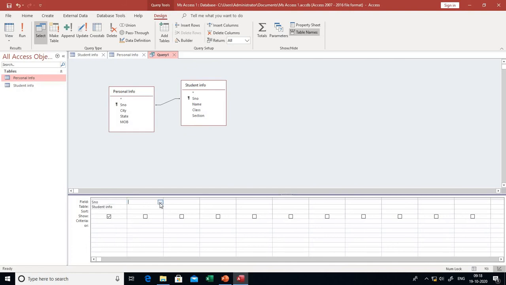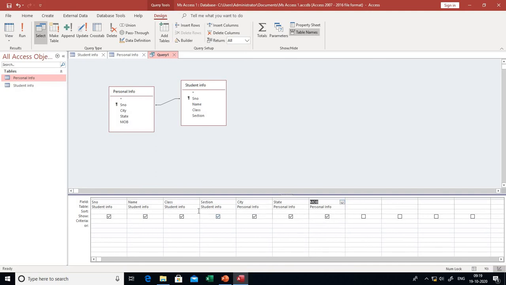After that, you click on the second column, name from the first table, class from the first table, and section from the first table. Actually, we are taking all the fields from both tables, and then city from the second table, state from the second table, and after that mobile from the second table.